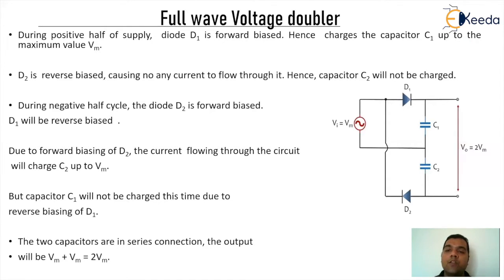So it is all because of the series addition of voltages. And hence you get the output as Vm plus Vm, that gives you 2 Vm. Now if you observe the previous circuitry and this circuitry, in the previous circuitry, a single capacitor was charging to a value of 2 Vm. And in this circuitry, you can see clearly that both the capacitors are storing the same value of Vm, but the output is measured across the combination of both capacitors, and that's the reason you get the effect of doubling.